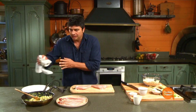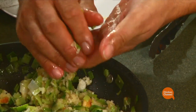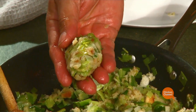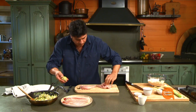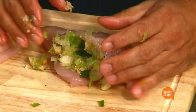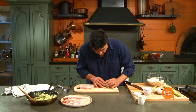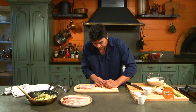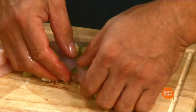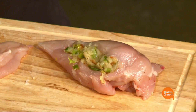Time now to squeeze a small amount of stuffing into a little ball like that, and over to our chicken. Feel it nice and plump. Now I've left the tenderloin on, right, because it can further protect. And the next thing we're going to do